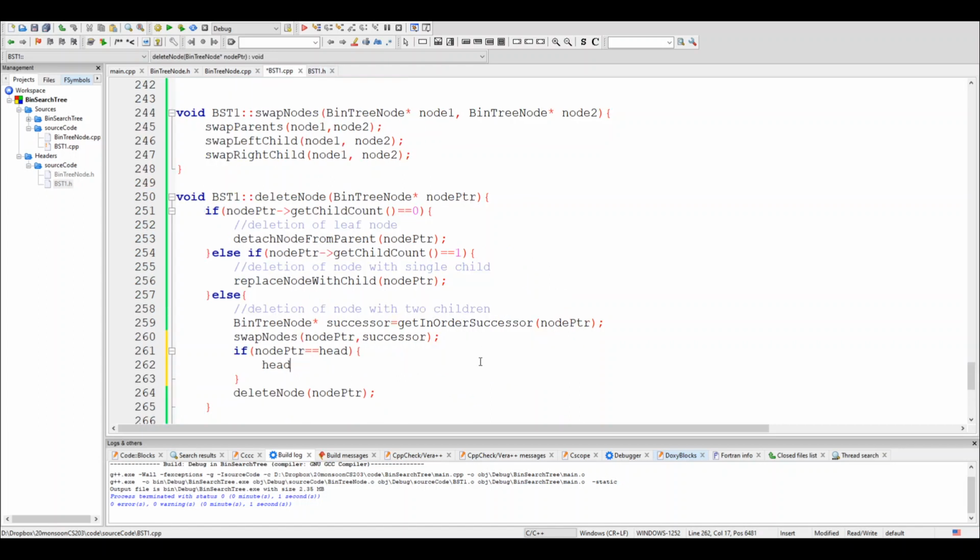It's not head, we call it root, right? So if this is the same as the root, then what should we do? Then we should set root as the successor. That's what was missing. Okay, so now let's compile this, build this and run this.